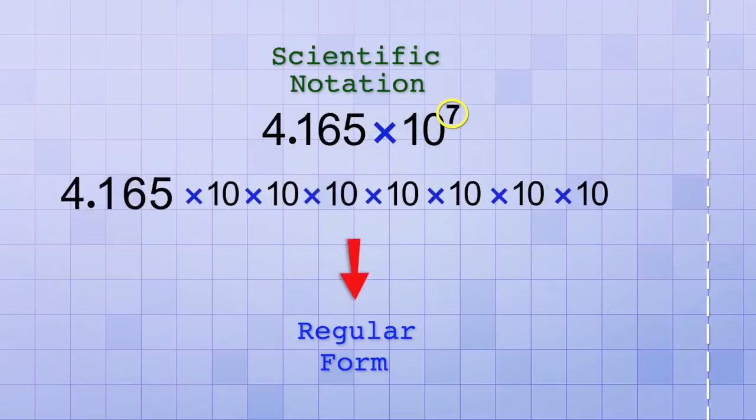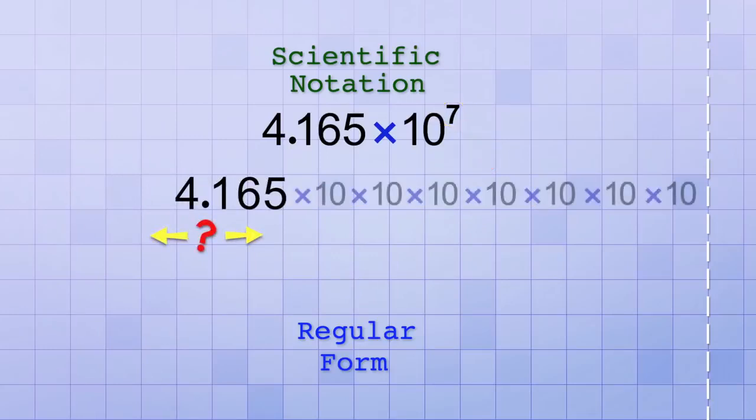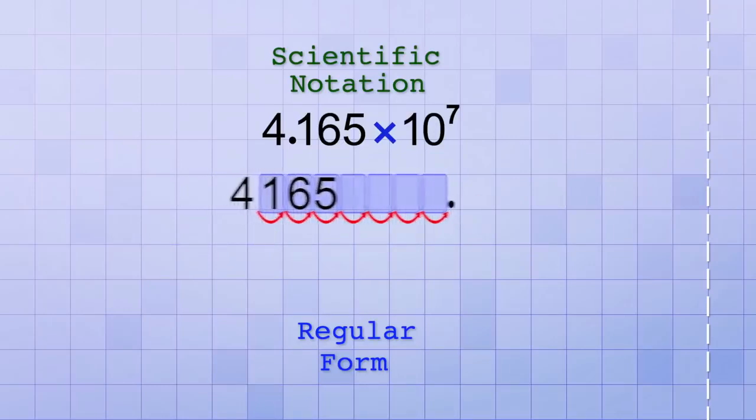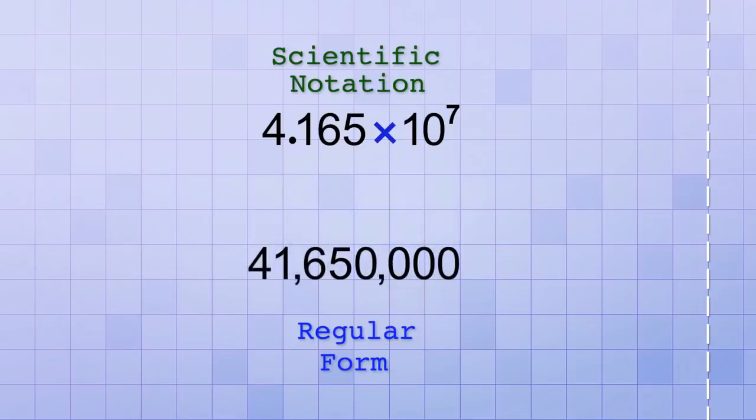number in regular form. That would be a lot of work, but we can also just shift the decimal point that number of places. Which direction do we need to shift it? Well, since we're multiplying by factors of 10, we need to shift it in the direction that will make the number bigger. That is, we need to shift it to the right. So, we'll just shift the decimal point 7 places to the right. But as you can see, there aren't 7 digits after the decimal. So any places that don't have a digit will just be filled with a 0. There, our number in regular form is